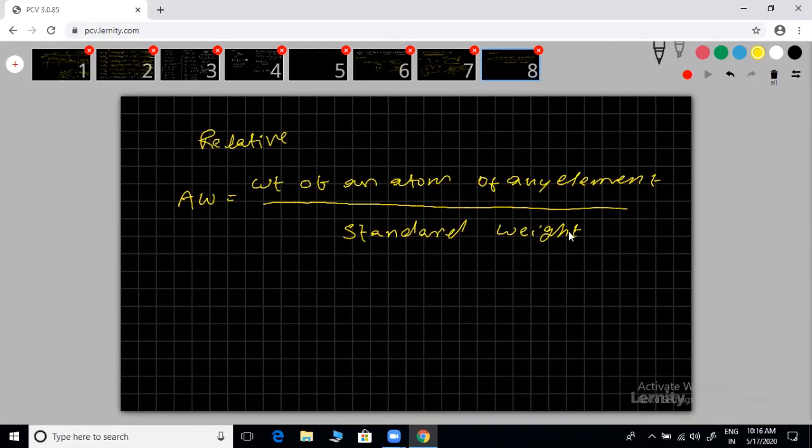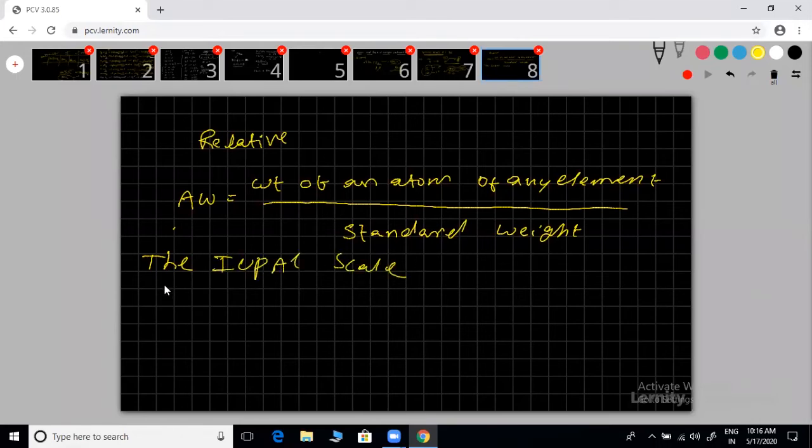So what is the standard weight? I take one standard, like your class teacher comparing with one topper. That person is the standard person. Compare with him: what's your weight, what's your score? Suppose the topper got 98 marks, then compare how many marks you got. That is comparison and relative character. Now the IUPAC scales are next. IUPAC.